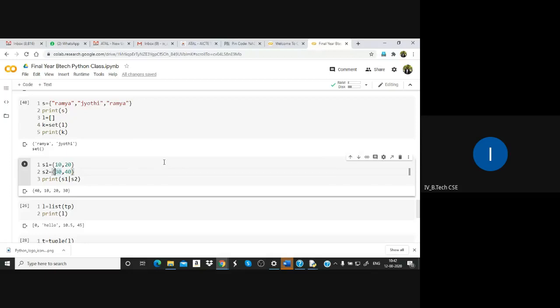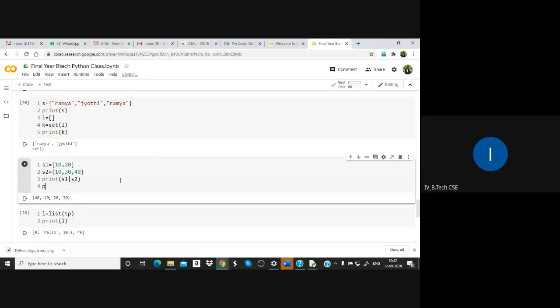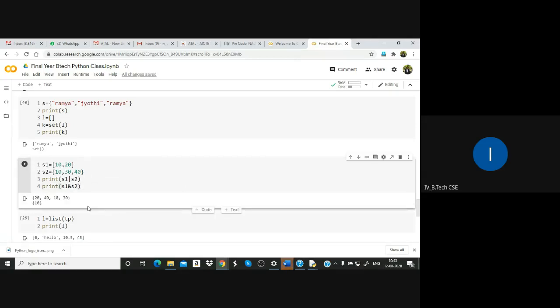Next, how to find the common elements, that is intersection. How to find the intersection of the two sets using the AND operator. If you apply the AND operator, you will get the common element. What is the common element? 10 is the common element between set 1 and set 2.